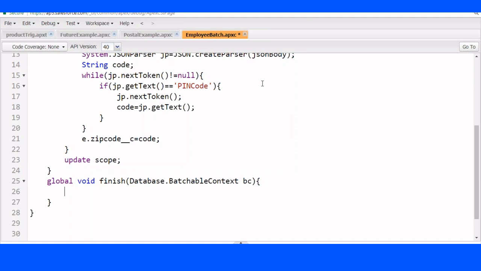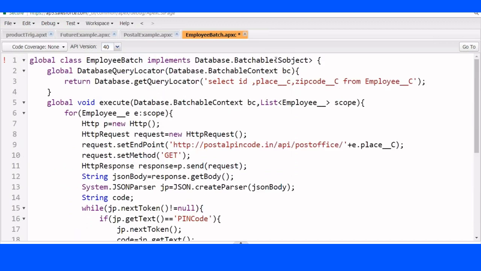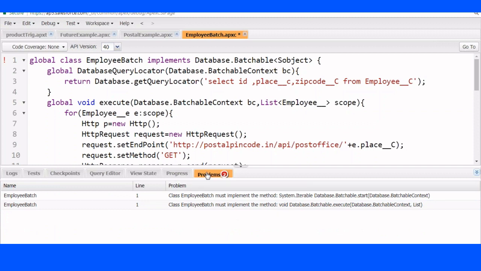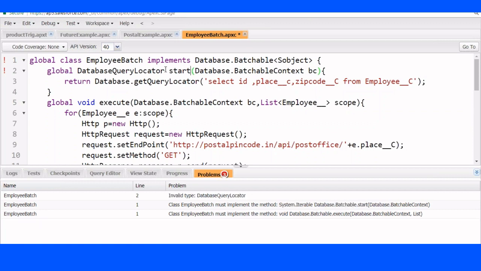Now, we have a problem here. What is the problem? Can we call a web service from the batch apex? Right? So if you want to write